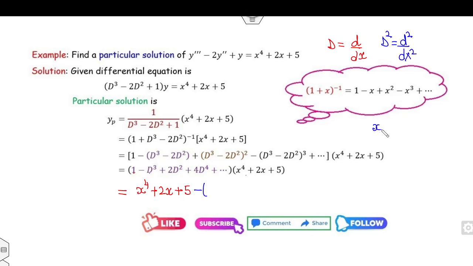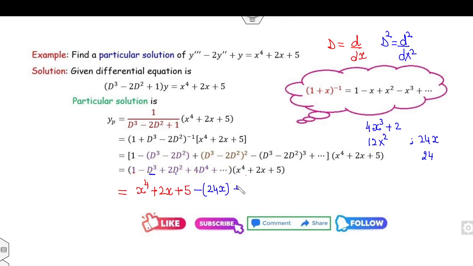The first derivative is 4x cube plus 2. The second derivative is 12x square. The third derivative is 24x. The fourth derivative is 24. So I need the third derivative. So the third derivative is